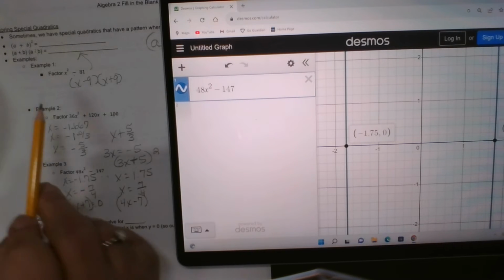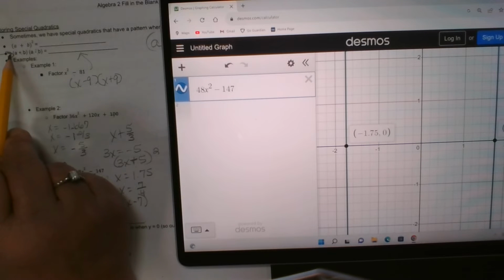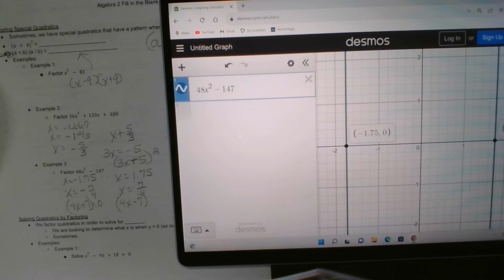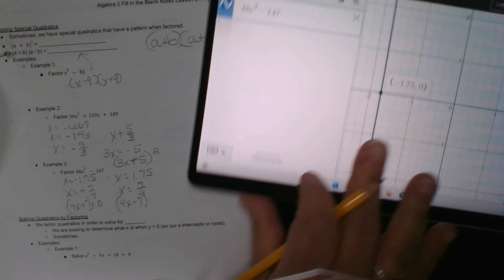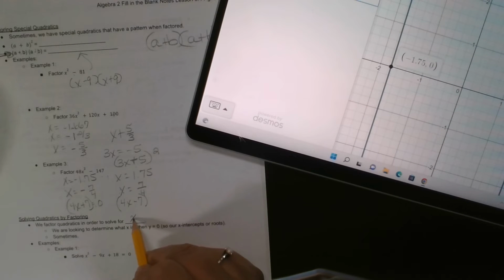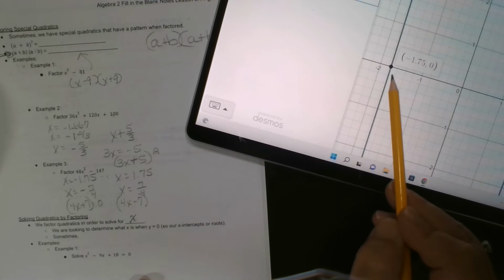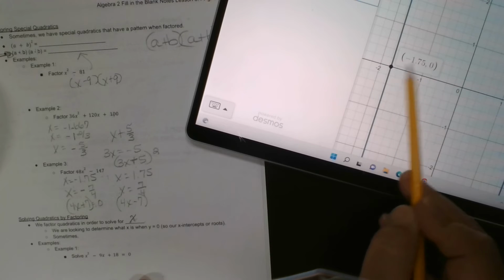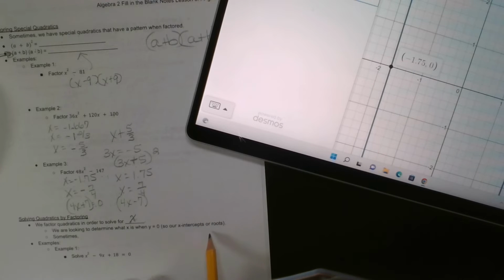So that follows this second special example right here. All right. So why do we factor quadratics? To solve for x. What are our x values? That's these points where we're crossing the x-axis, our x values. So those are our intercepts, or what we call our roots. That's another word for them. So when I'm solving this, I'm looking at what do I have